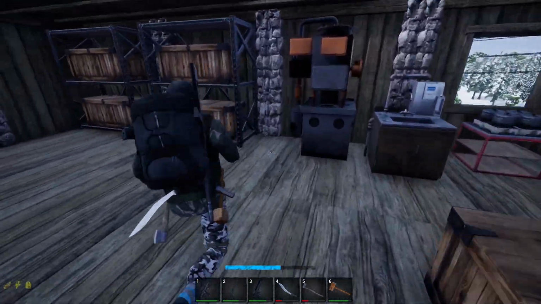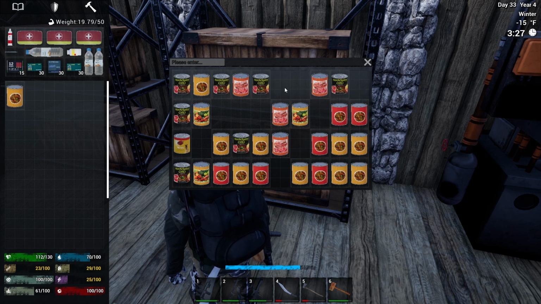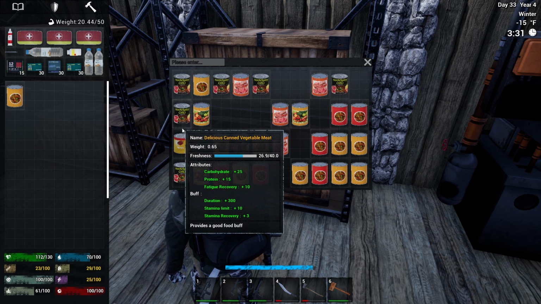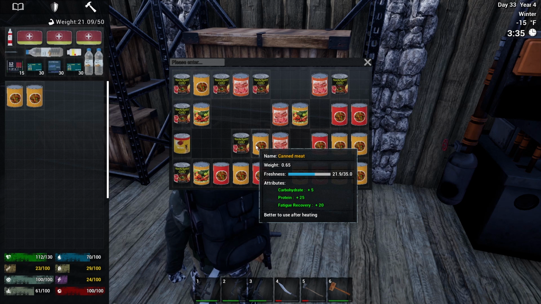Okay, so let's go ahead and take a look at our food here. And we're just going to take whatever's lowest. All right, I see a 21. 21's got to be the lowest. I see a bunch of 26s. 26, 25, 30. Oh, there's a 21. Okay, so all of it can...